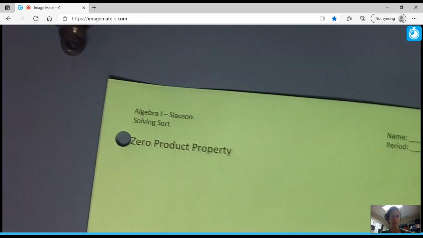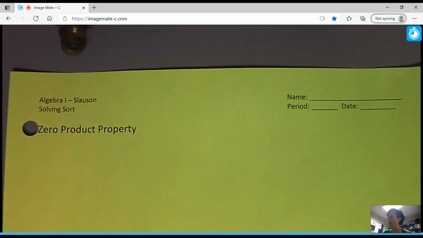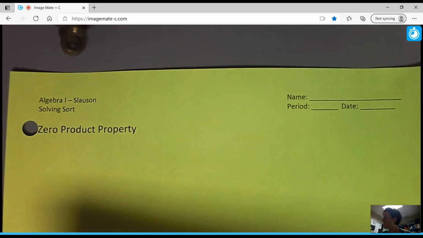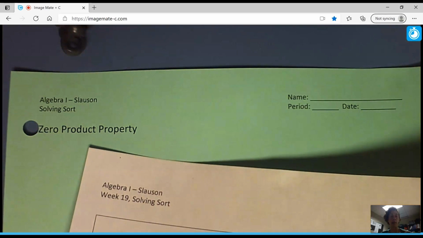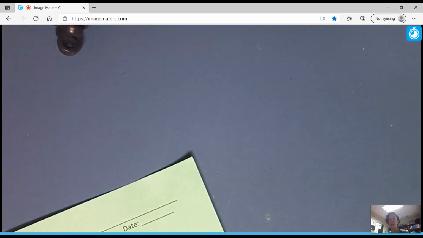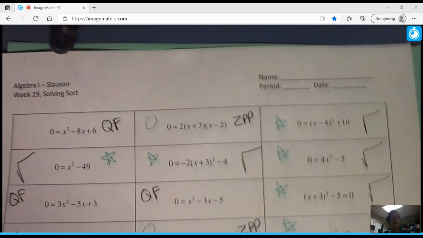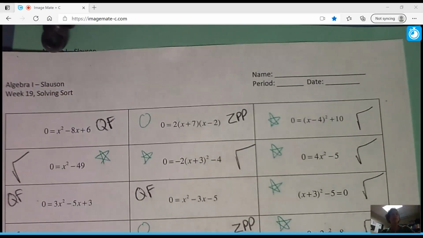So I've got this page, mine's green, and you don't have to have this paper, you can just use your own random piece of paper. And we are going to take a look and put all the categories of problems that we needed: zero product property, factoring, and then we've got our other page which has the other two options. So let's get started. We're going to start again with the zero product property,